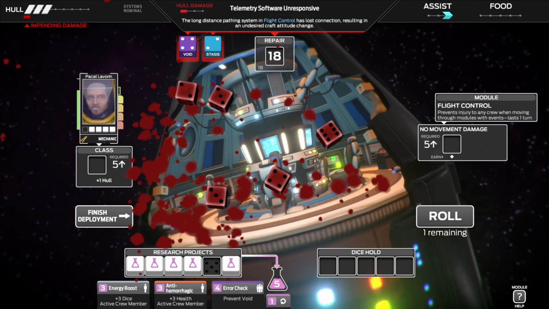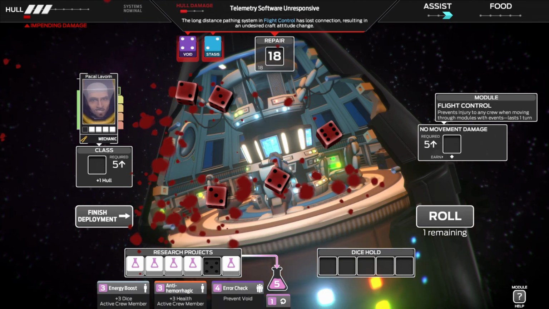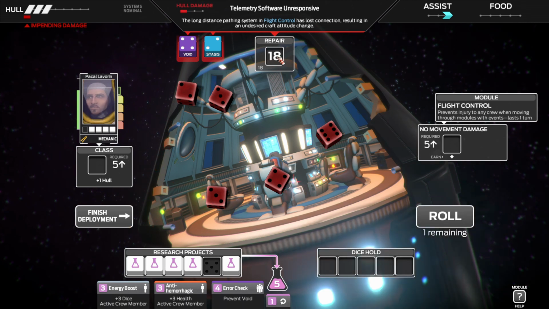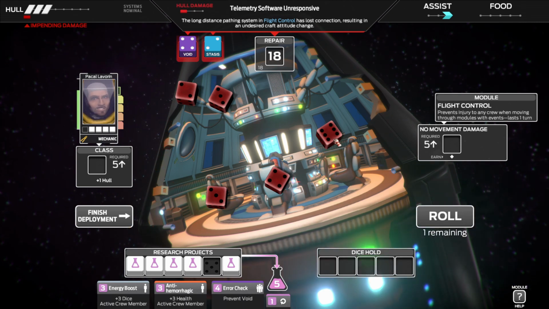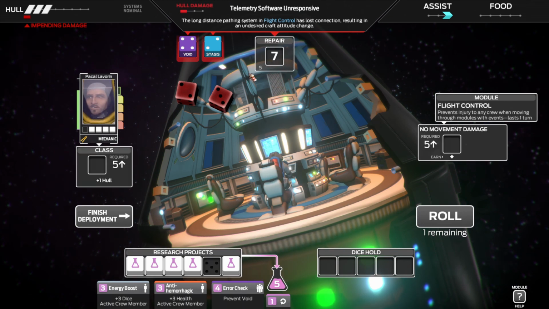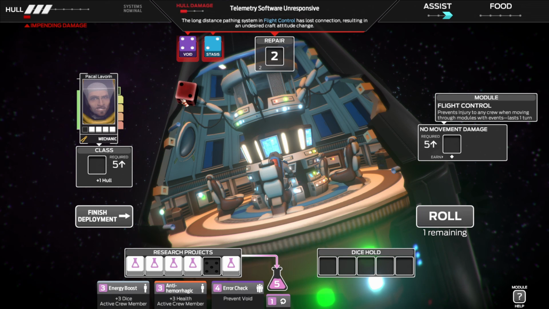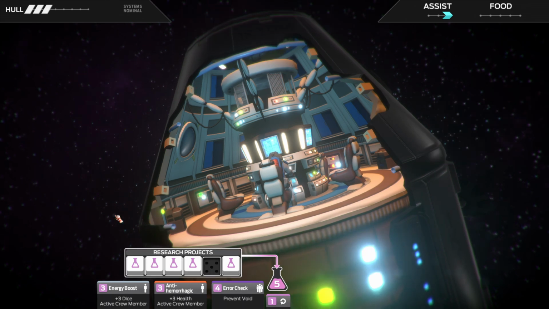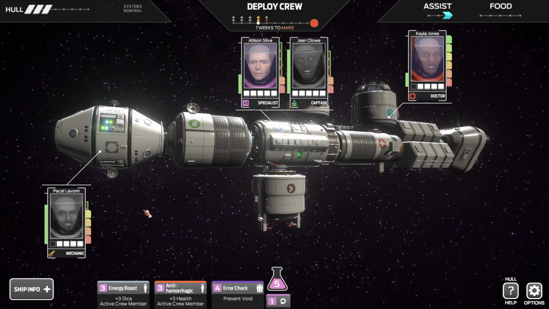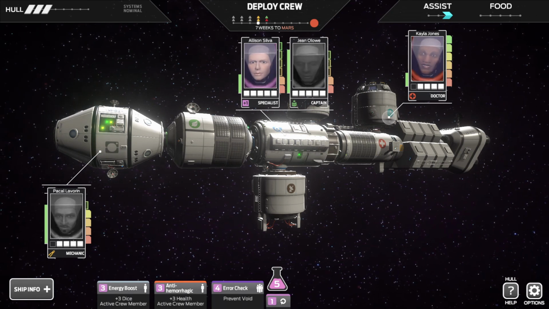Oh! Bloody beautiful. We can solve it. We've rolled a total of 18. We only need 18 to fix it. Let's not stuff around with that. Let's put all of those dice in repair. Oh, and we are done. Finished deployment there, and we have a fully functional ship, and we've still got 2 crew members who are ready